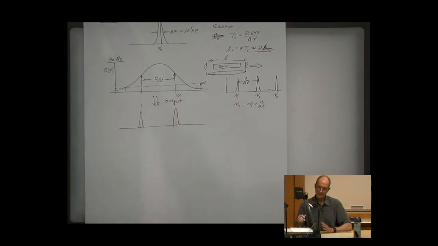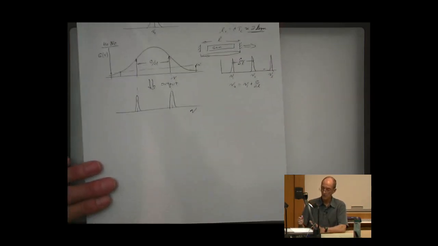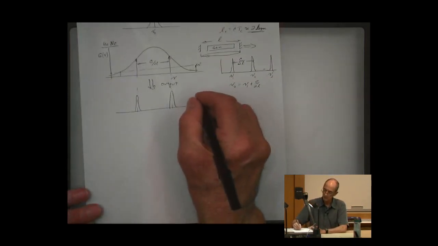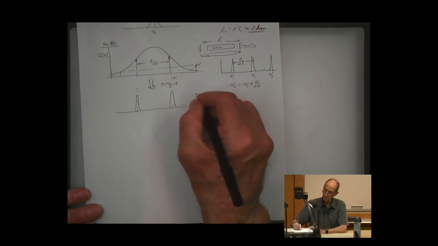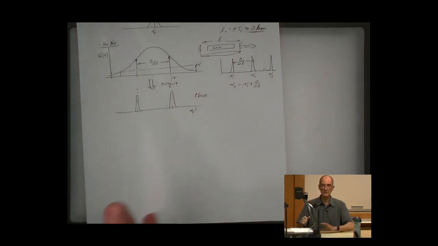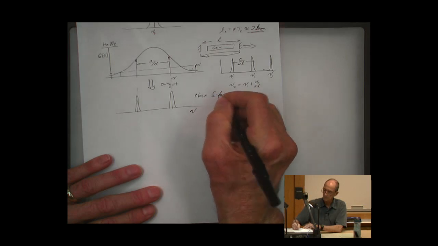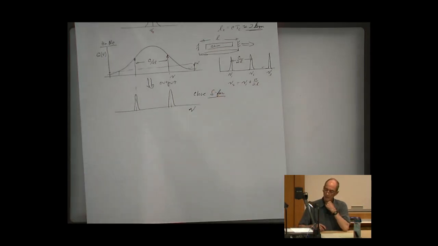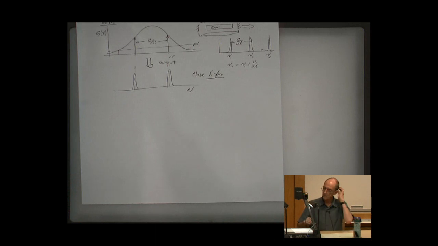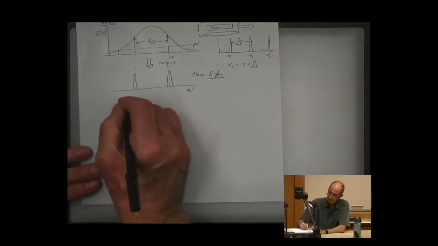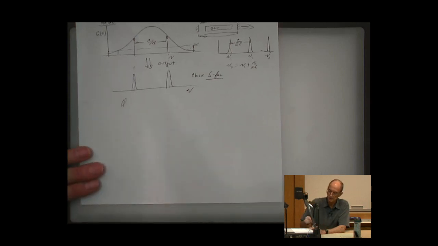Now, they're not exactly delta functions, but for our purposes, we can say that they're close to delta functions. Later we'll see what happens due to the fact that they're not delta functions, but for now, the emission is close to a delta function, all right? So from knowledge of this, we can write that the power spectral density